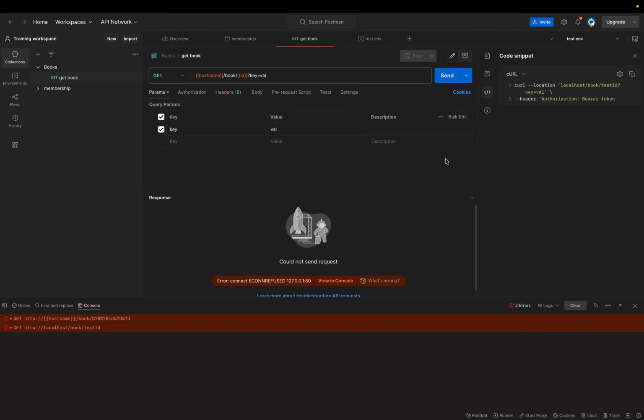So I have shown how we can share the Postman workspace or the collection from here by inviting them to the workspace. The advantage of sharing the workspace is that they also have access to the environments defined in the same workspace. But when you just copy the specific API, it will only copy the ones which you have already selected. And see, if I don't select the environment, this is not populated, and when you select the environment, this gets populated. So we can be very specific in terms of what kind of values we want to populate,